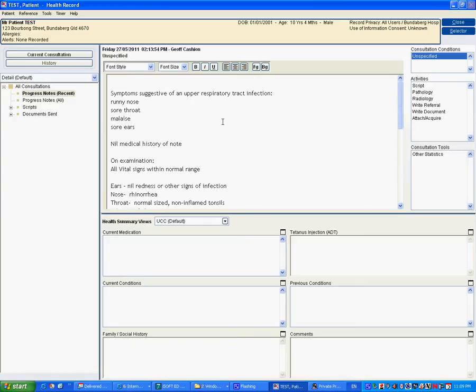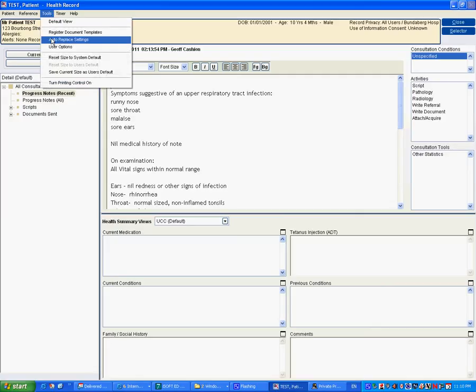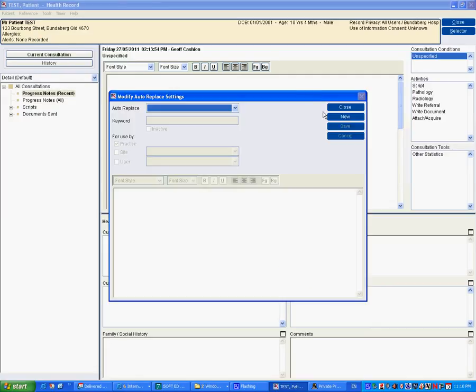So how do you do this? Well, I think the best thing is for everyone to write their own shortcuts, because the way I write is probably not going to be the same as the way you write. The easy way to do this, just as an example, say I want to write a shortcut for RICE for someone with a sprained ankle. Go to Tools, go to Auto Replace Settings. Now we want to do a new auto replace, so click on New,